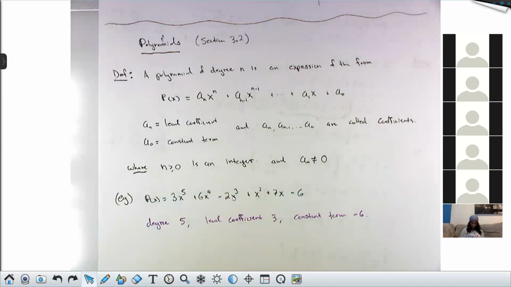of the graph. We're also going to talk about something called end behavior, which is kind of, what do the arrows do? When you draw the graph, do both arrows point up? Does one arrow point up and the other point down? All of that turns out to be a function of the degree and the sign of the lead coefficient.